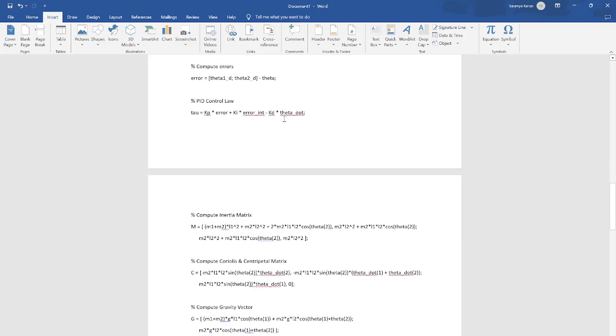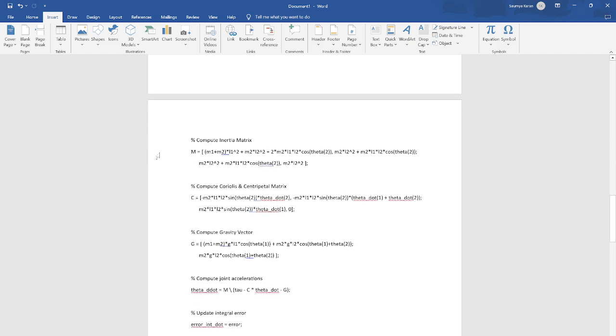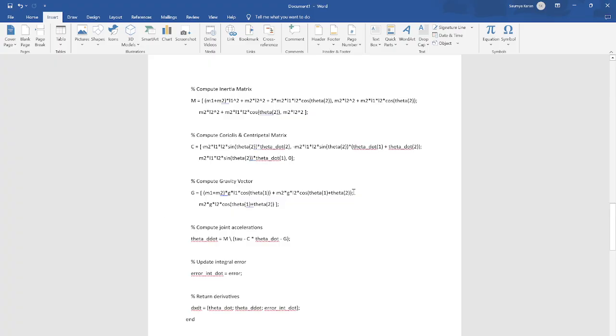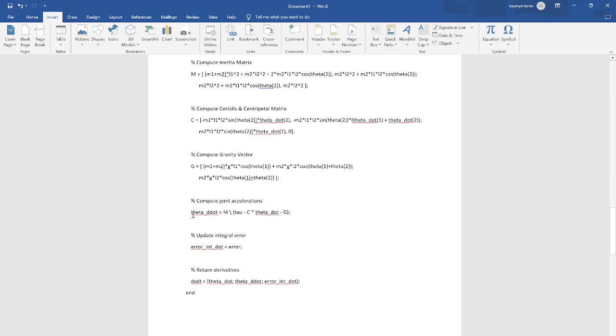This is the PID control law, which says that torque is equal to Kp into error, plus Ki into error integral, plus Kd into error derivative. We write the mass matrix as we saw right now, the Coriolis matrix as well, and the gravity vector as well. Then what we do? We just write theta double dot. So it is coming from that equation. Theta double dot is equal to torque minus C into theta dot minus G upon